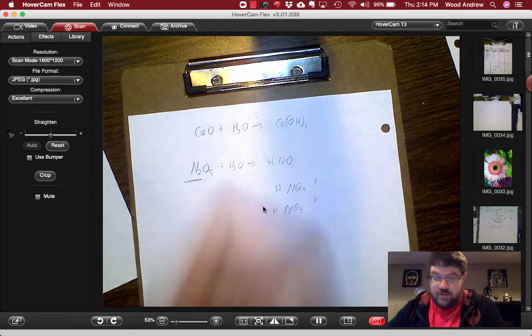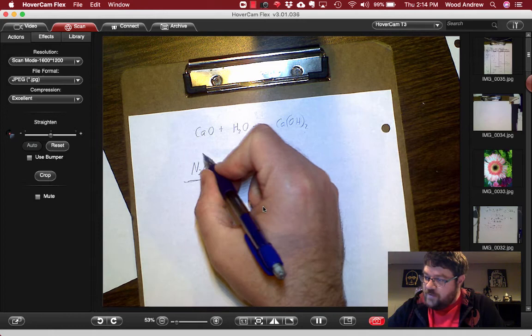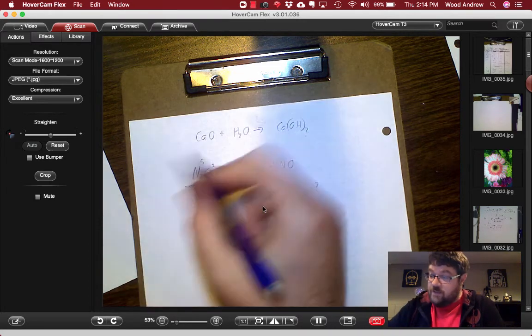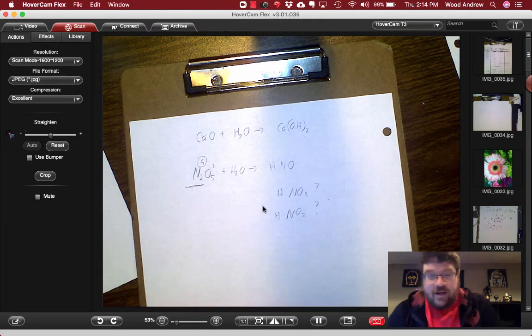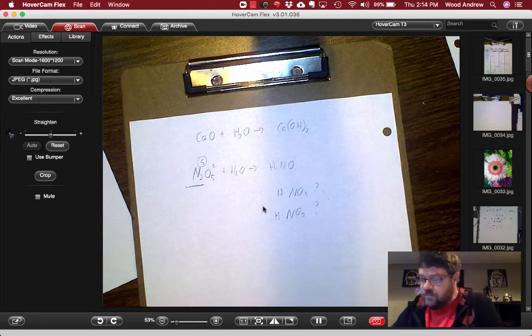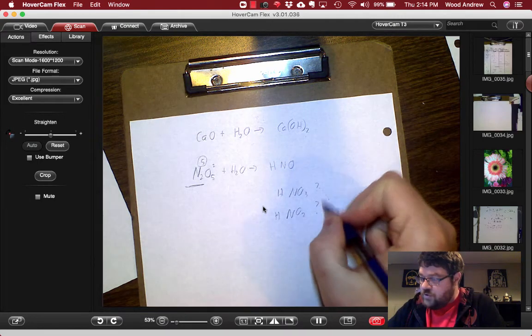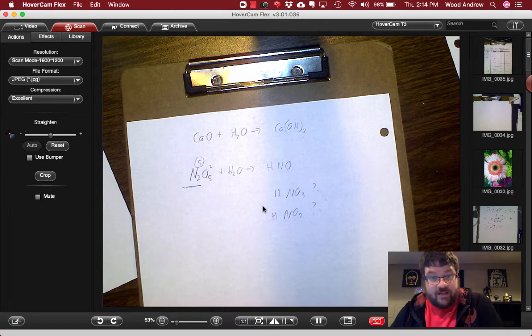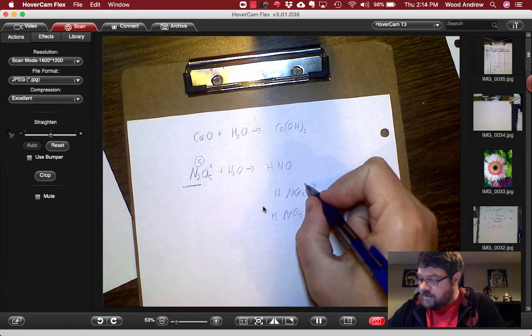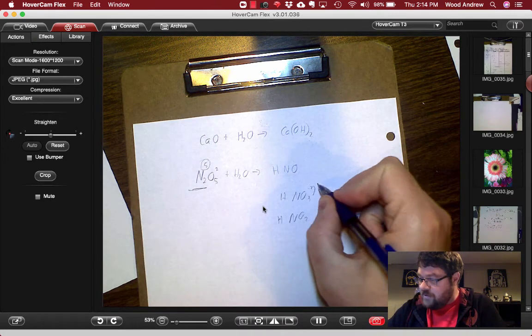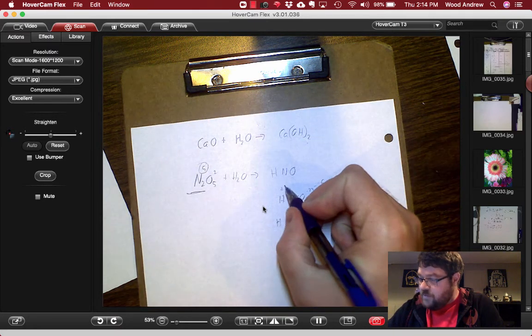Well, if I uncross my charges, this would be a 2 and that would be a 5, and that matches. So this must have an oxidation state of a positive 5. So the question, which one of these two has an oxidation state of positive 5? Well, okay, oxygen has to be negative 2, so this total here is negative 6. So positive 1,